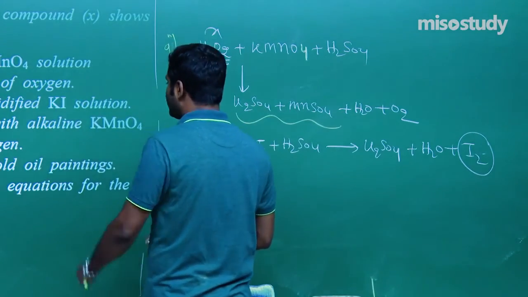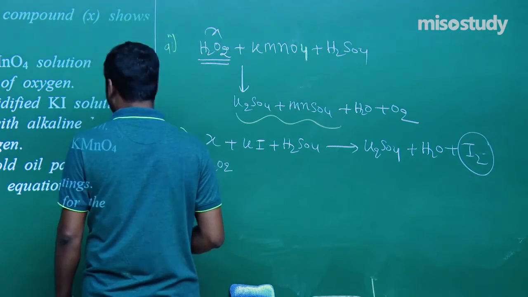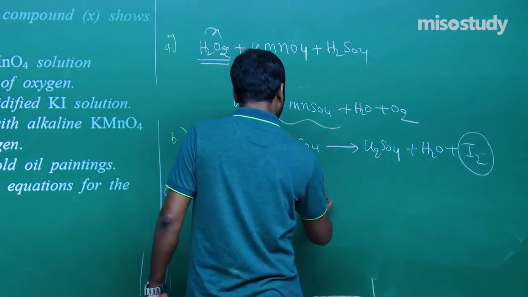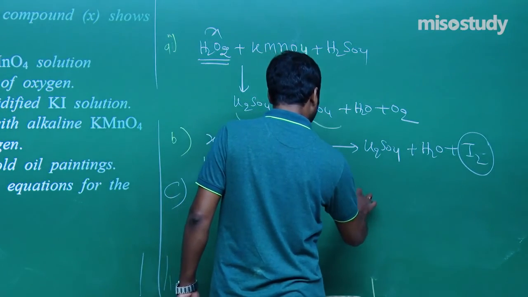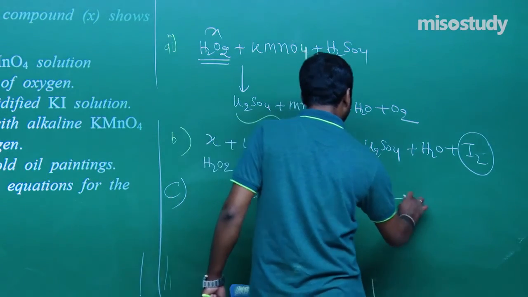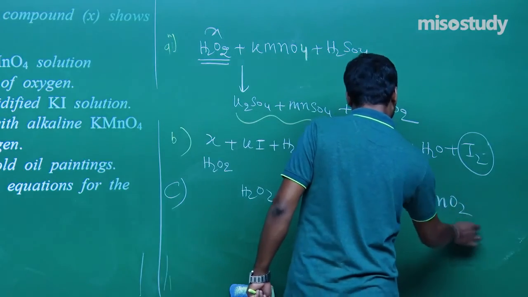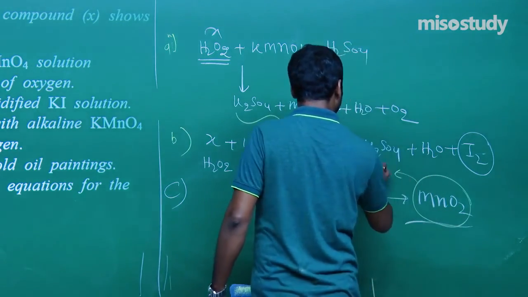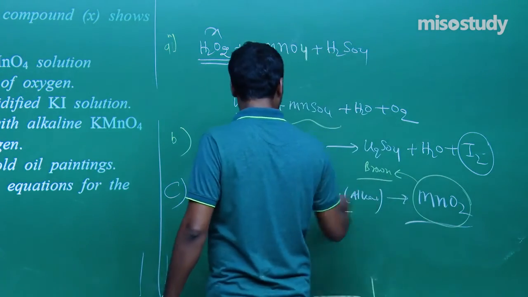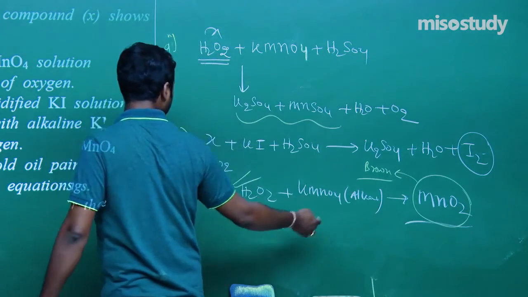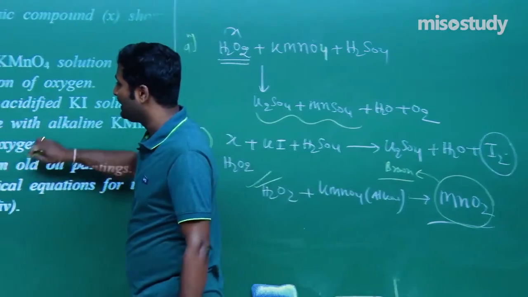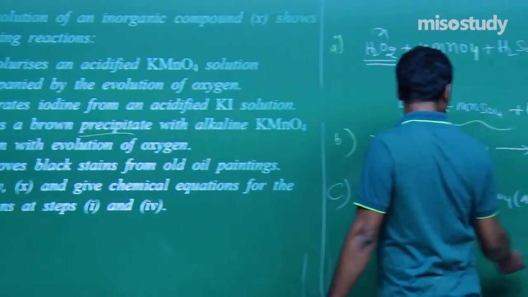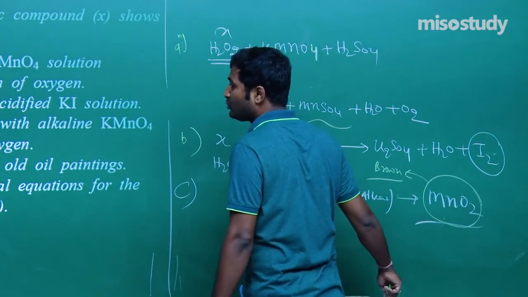It gives a brown precipitate with alkaline KMnO4 solution. H2O2 with KMnO4 alkaline solution, what will happen? Why brown color? Due to the formation of MnO2, because this MnO2 is brown. I haven't completed the overall reaction because we have to sign out. This gives the brown precipitate, the formation of MnO2, and the complete reaction is KOH plus MnO2 plus H2O